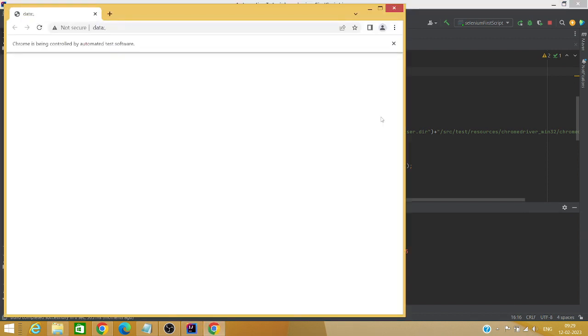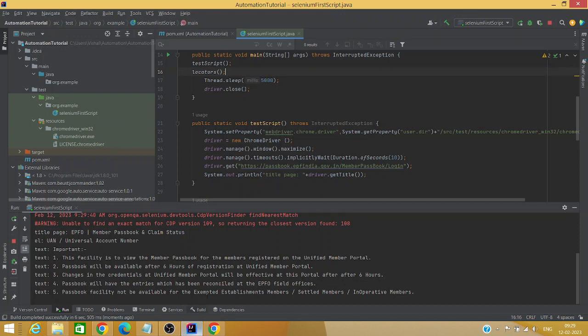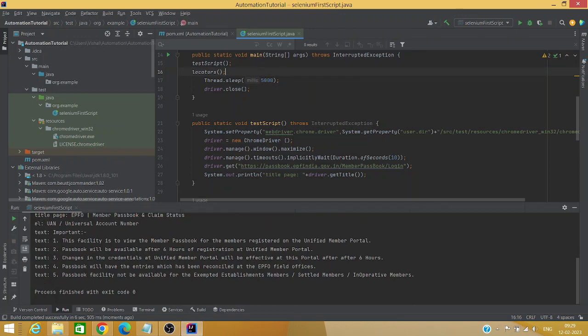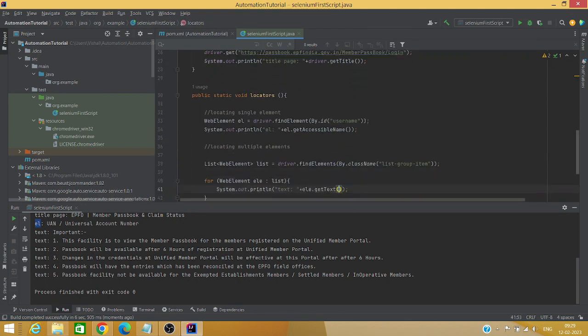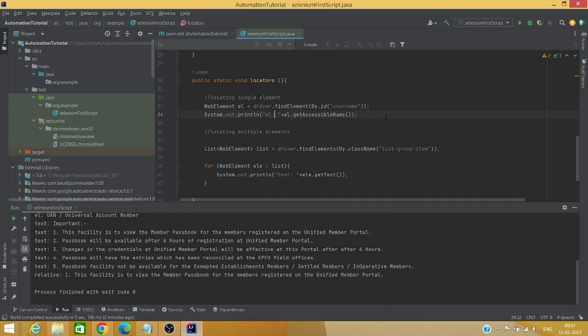Yeah. So it is opening the website. And I think it should have printed all of it. Yeah, see. This print is for the first element, right? Let's go here. This one we printed. So this is a single element, and all this text is for multiple elements, right? Okay. Yeah. So the next thing is